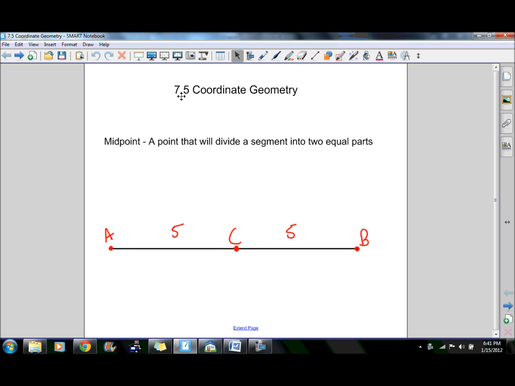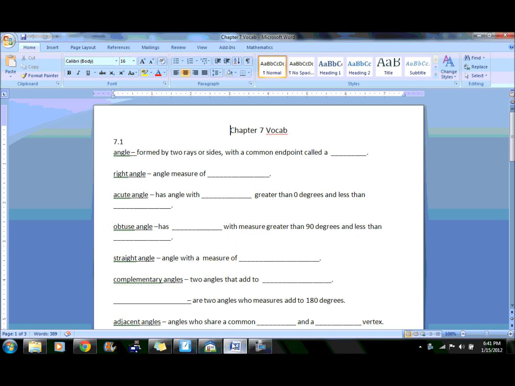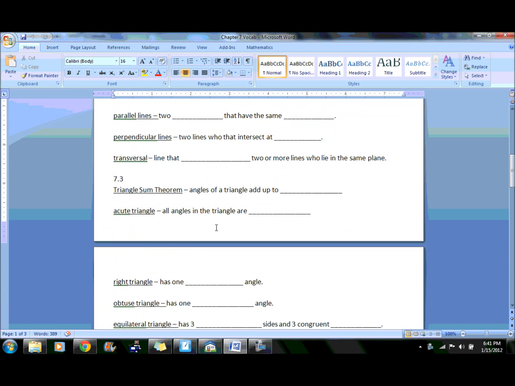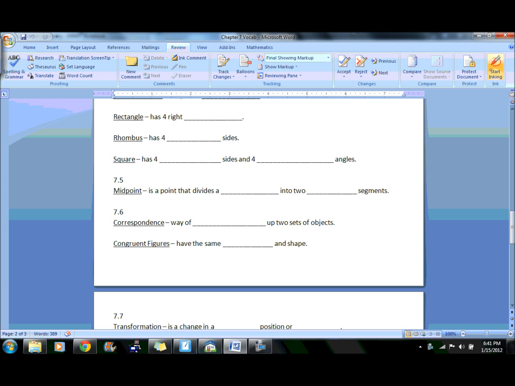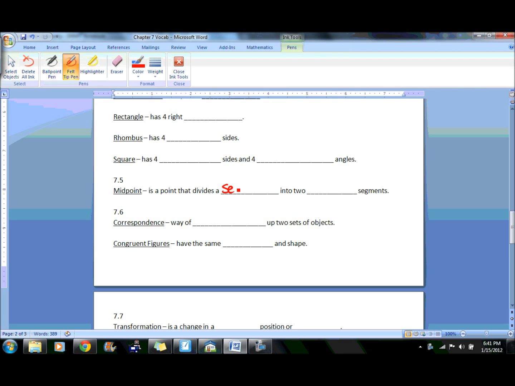So we are working on section 7.5, which is coordinate geometry. Coordinate geometry has one vocab term, and that is midpoint. And midpoint is going to be a point that divides a line or segment